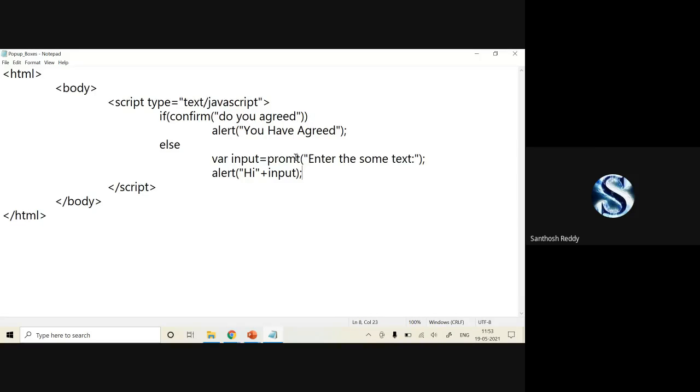Prompt, sorry, PROMPT. I'll refresh the code. If I click on Cancel, now I'm going to get a prompt box. Here I can give an input. I'll give 'web technology'. Click on OK. Now you're going to get an alert text which is 'hi web technology'.